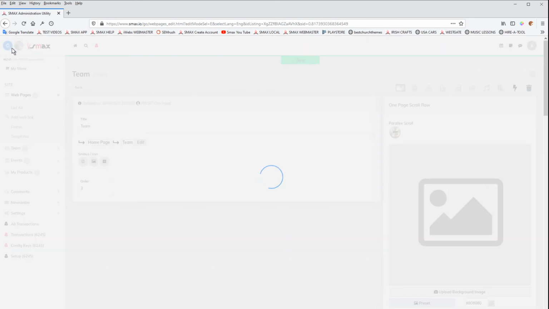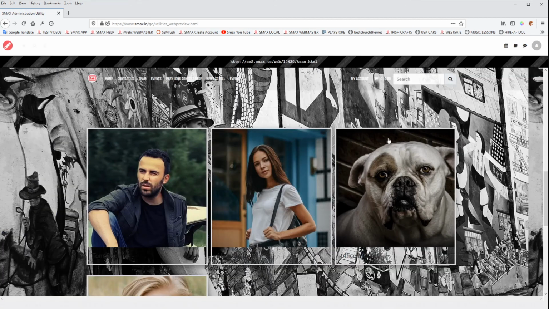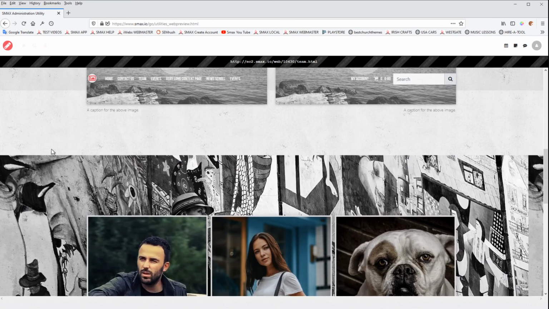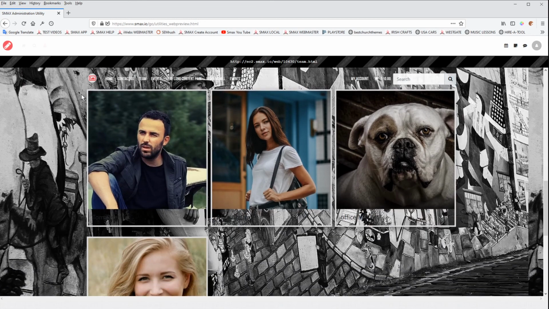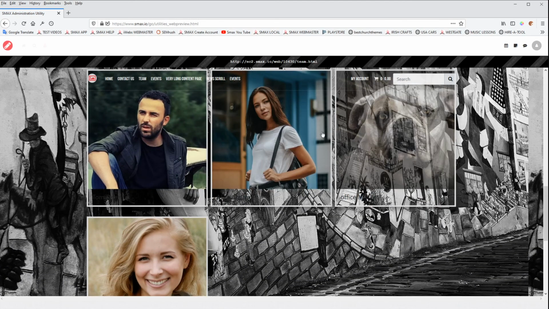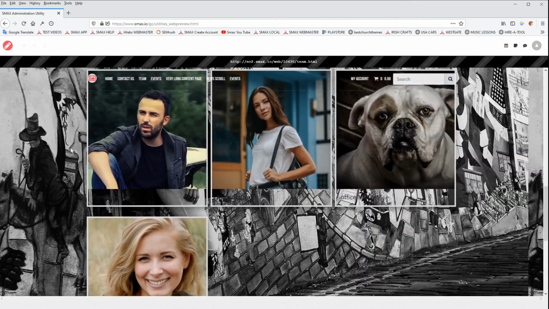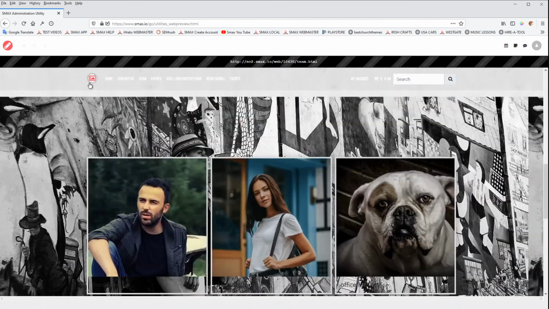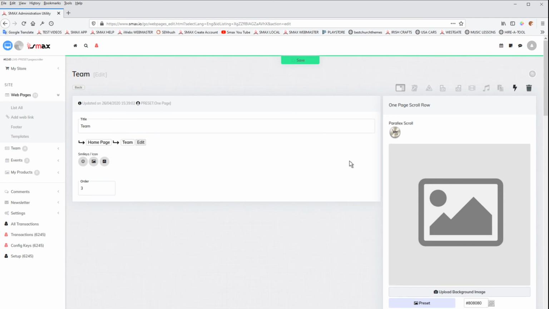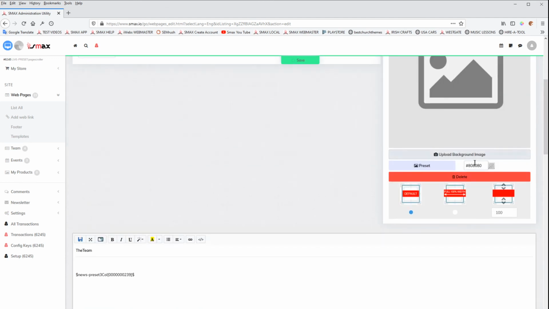So let's have a look at our scrolling page, and we can see now that the scroll layer has that background image and has our text over the top. You can see now the layer will want to change. You'll want white in here. So this is where the manipulation of the layers will come in handy. But you can see it is a very, very powerful system because I can now put a white overlay over the top of that,